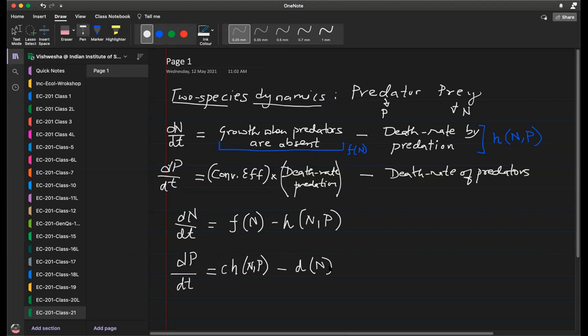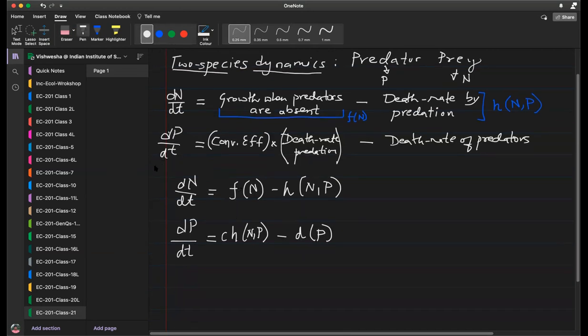This is the most general form. Is that fine? Shouldn't that be D of P, no? Oh, you're right. The only reason I slightly don't like D is we're also using d for differential, but I think you can distinguish the two, right? Okay, this is exactly the same as above, but with some notations.